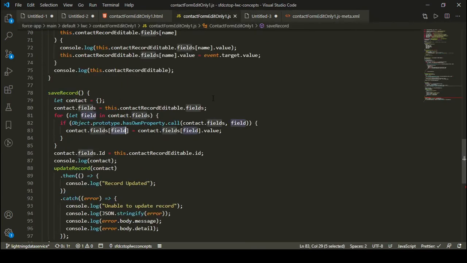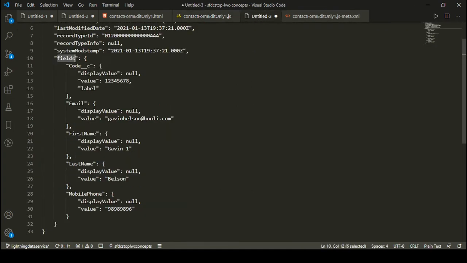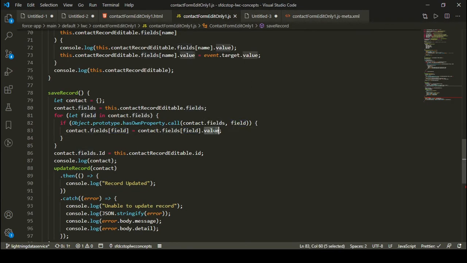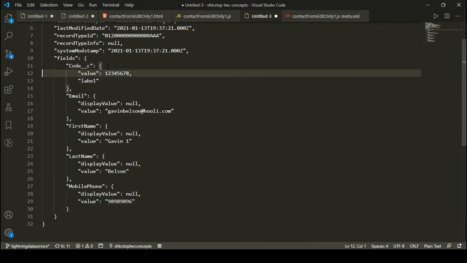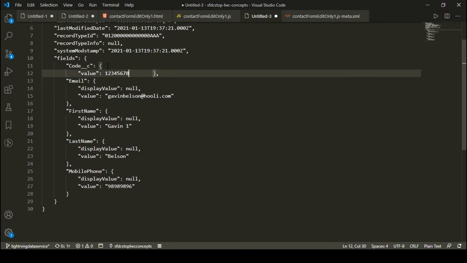Okay, and then that particular field, because I'm taking each field one by one, right? So the current field, and then the value of the current field. Okay, so this is the value of the current field. So I have just ignored the other properties of that particular field, and I have directly updated this as this. So I have just removed everything else, and I have kept it like this.